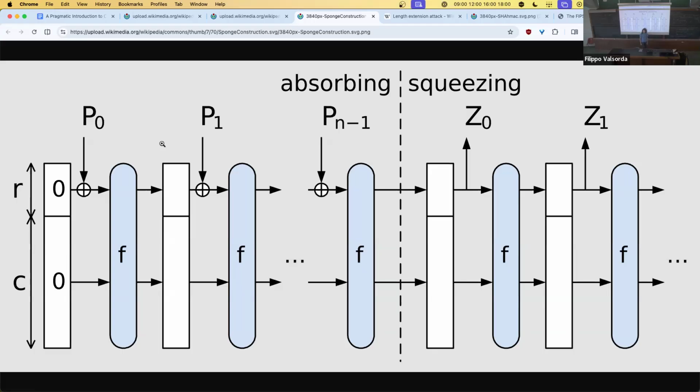We don't have that because the previous one had 256 bits of pre-image resistance and 128 bits of collision resistance because it was a Merkle-Damgard with 256 bits outputs. So you had to do 2 to 256 to find a pre-image, and 2 to 128 to find a collision.